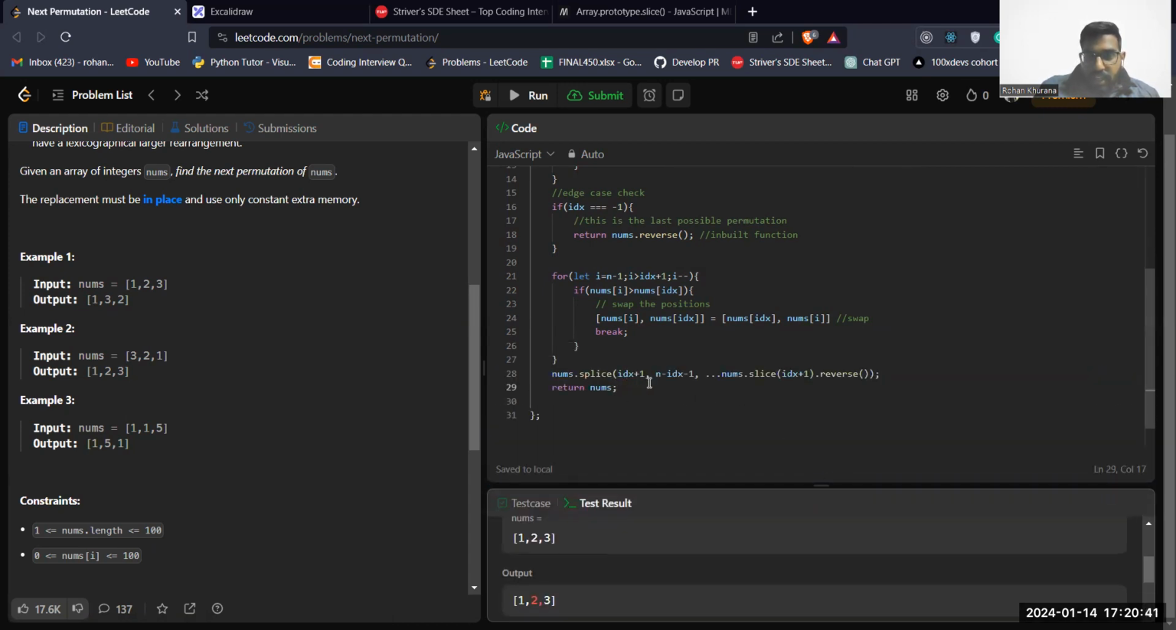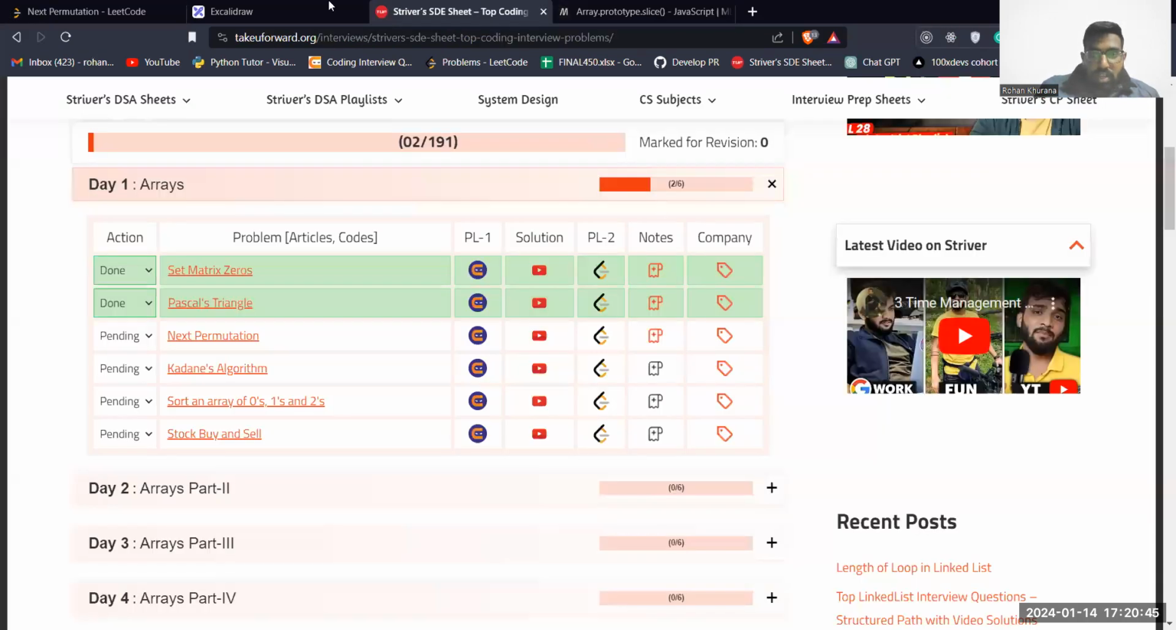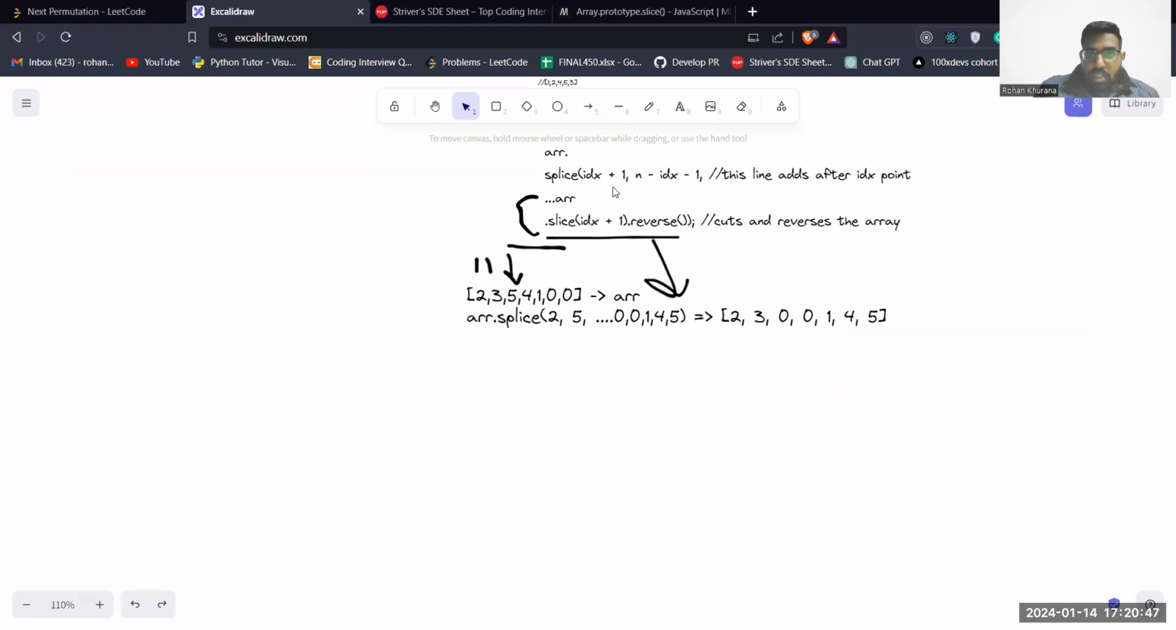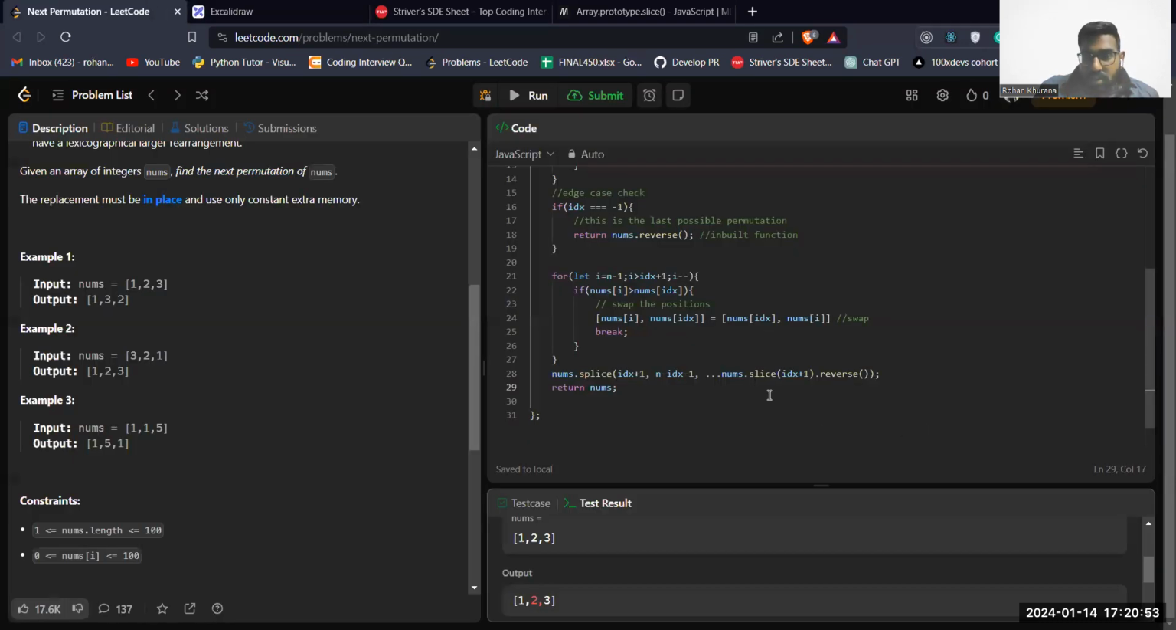Nums dot slice index plus 1, n minus index minus 1. Sorry, am I using the right position? N minus index minus 1, array dot slice, reverse index plus 1 dot reverse. Okay, I think this formula is right, but